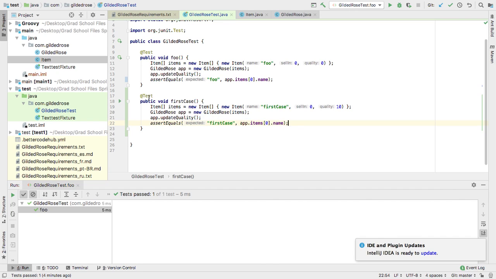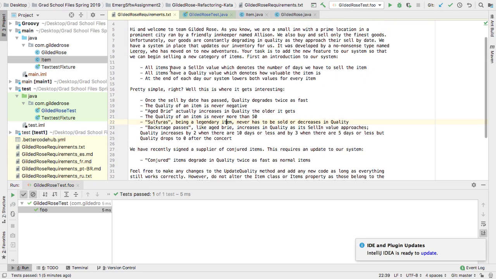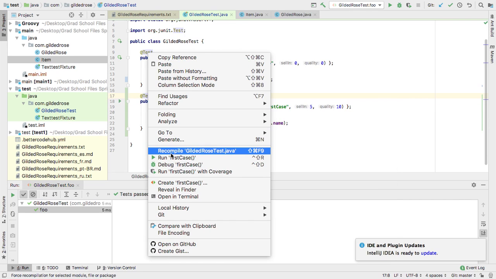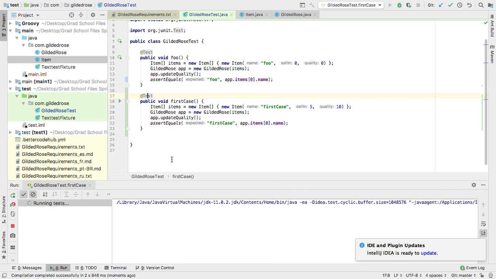I don't think that first number needs to be 0. Is that the quality? The sell-in value, the number of days you have to sell the item. Yeah, sell-in is probably an arbitrary number right now. Okay, well, you don't want that at 0. No. We'll make it... and the quality 10. And then we say update quality, and then this time we assert for